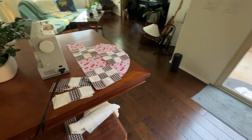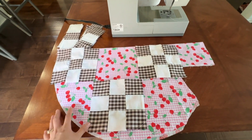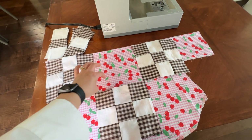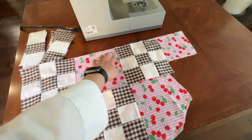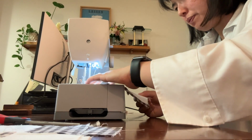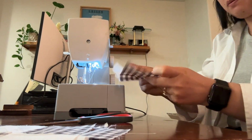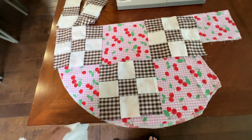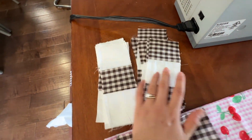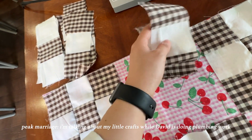Something else I've taken up recently is quilting. So here's a work in progress project. I'm debating whether or not I want to do the cherries as the contrasting blocks, or just keep this white, same white fabric that I used for these checkered areas. But I don't know, I think it feels kind of boring if it's just white as the contrasting blocks, the checkered. So I want to mix it up and do something like the cherry print. Undecided, but I have my pieces here that I've already made, and I just need to make them into actual squares. So all I would do is just